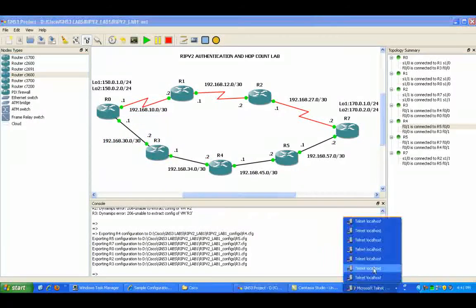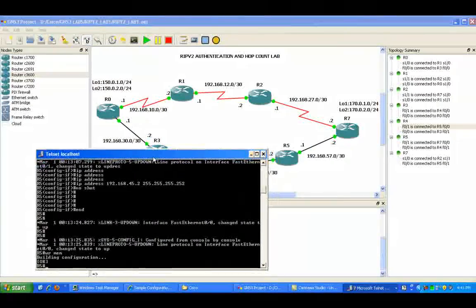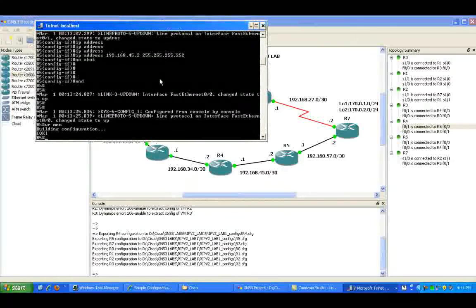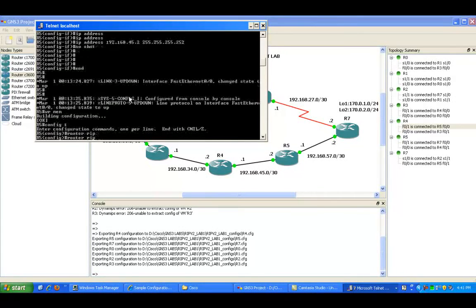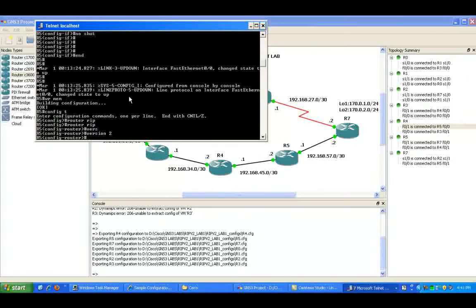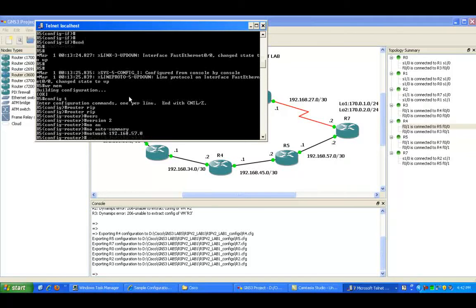Now that router 7 is done with the initial config for RIP version 2, we're going to go ahead and go to router 5. All we're going to do on router 5 is advertise our directly connected interfaces into RIP. So we're going to go again to get into RIP. Router rip is the command. We'll do version 2. We'll do the command no auto-summary, and then we're going to advertise our directly connected networks, which are 192.168.57.0